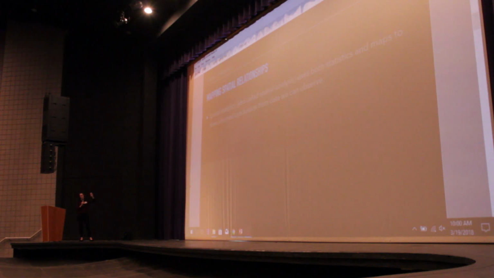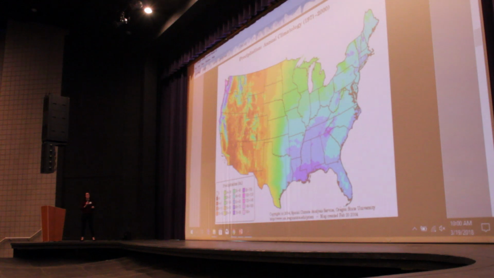So again, also called spatial analysis, it helps us draw conclusions from the observed world around us using both physical location and different features about the observed thing that we're looking at. So I think this is a pretty familiar model to many of you. This is just precipitation. Looking at this, we can see that there's a product of nearness, for lack of a better word. So the closer things are together, the more similar they tend to be.